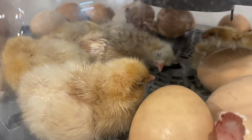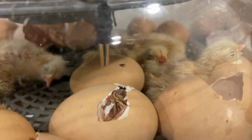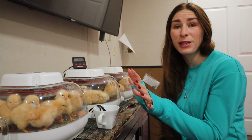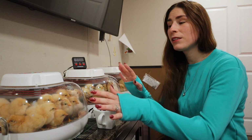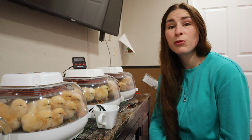And I gotta say, they're still hatching in here. I've got 2 eggs that I can see right here that still have chicks trying to hatch out, but their feathers are dry. It has been 2 days of hatching, and these babies are hungry. They want to move to the brooder, so I am going to move them today. I'm going to take them quickly out of the incubator, get them into the brooder so they can get food